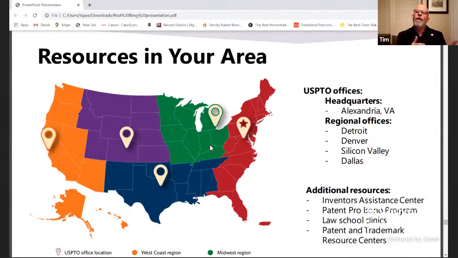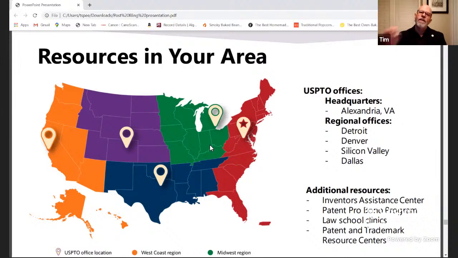We have something now called public PAIR. And I'll tell you what most people do, even if we are mailing things out: they check public PAIR or private PAIR. Once you file an application, you can set up an electronic account. It'll give you access to your application, all of the materials, all of the papers. They'll be available really instantaneously. Once we mail them, they'll show up there, and you'll have access before it even arrives in your mailbox.